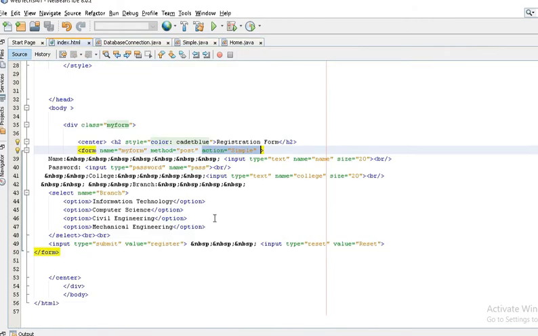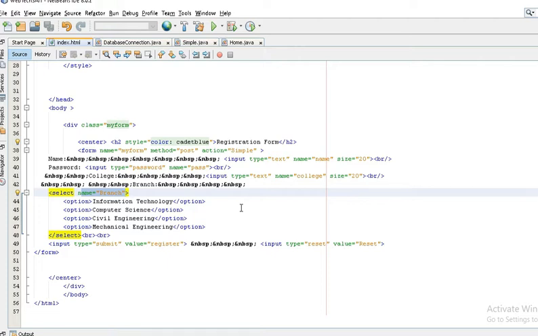In the index page, in the form, I'm using 4 fields of the form. One is the name, the name of the first field. The second one, the name pass. Third one, name college. And fourth one, name branch. So if you have a little bit of knowledge about server side programming, or you can say the servlet.